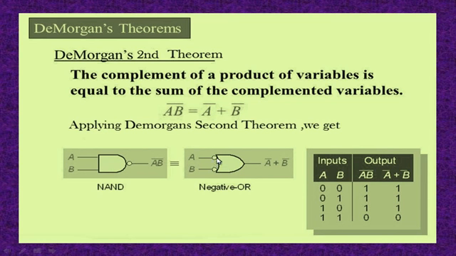Okay, here input is A complement while here input is B complement. As complemented inputs are there, so at the output we'll get the sum of complements. In this way we can prove this De Morgan's theorem with the help of truth table. As there are two input variables, so there are four possible combinations. So LHS is given by this (A dot B) complement, and RHS is A complement plus B complement.